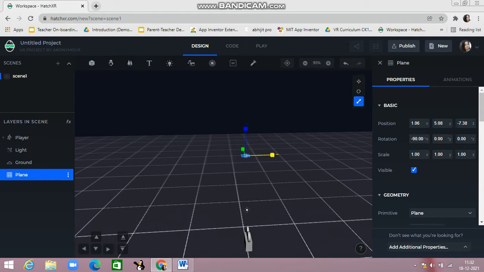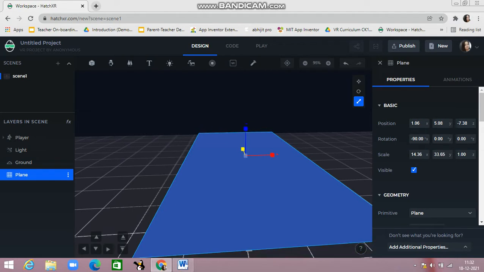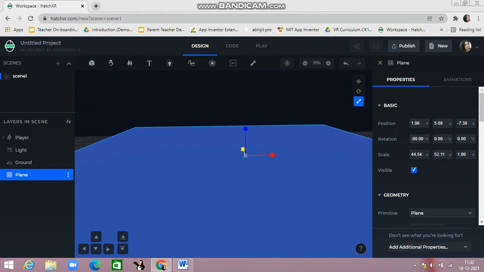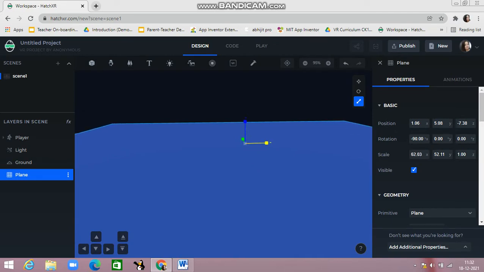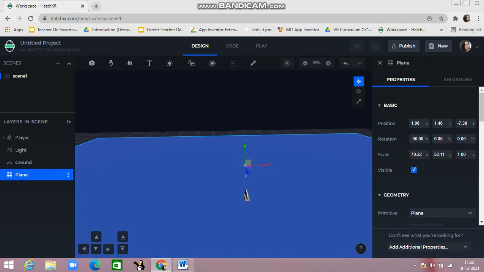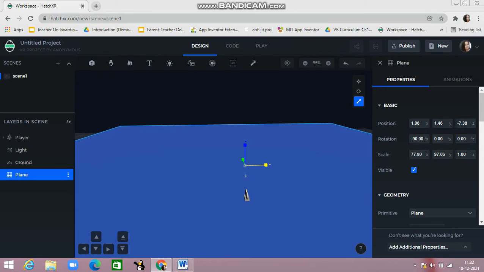After rotation, you have to just increase the size of the plane. You can see I'm increasing the size of the plane.